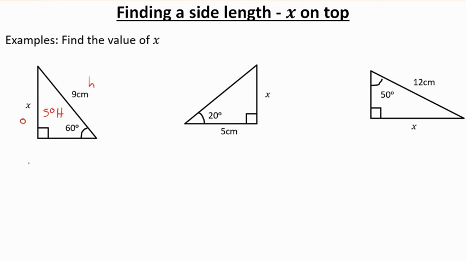And so that means setting up the problem, sine of the angle. Now this time the angle is 60 degrees, so sine 60 equals the opposite is on top. So x is on top over the hypotenuse, so that's 9. And so in order to solve this, when x is on top,